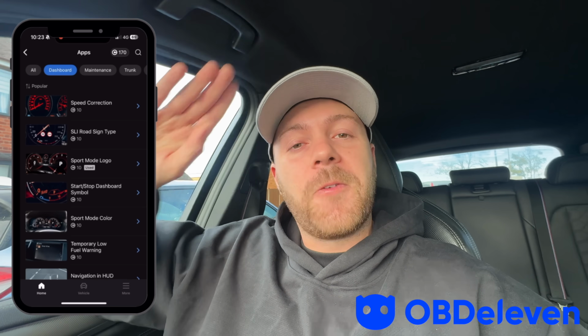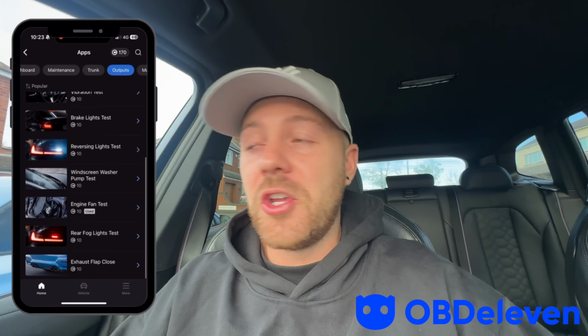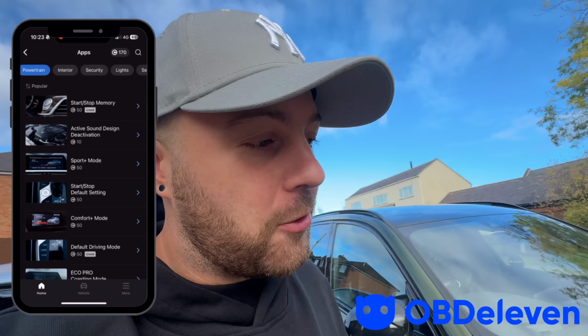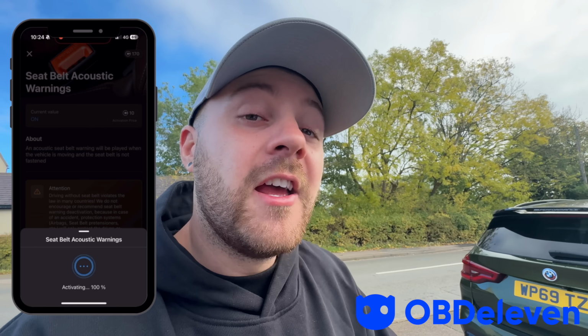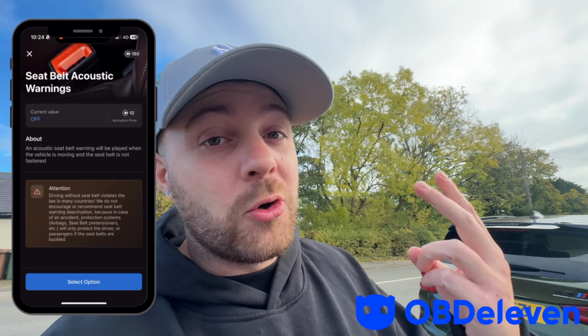On top of that, OBD11 has so many one-touch applications for all of these cars. On this one, for example, we've turned on full screen Apple CarPlay, video in motion, but also all sorts of other helpful stuff like the audible lock-in, so when we lock the car, it does a nice little beep for us, and also turning off the seatbelt warnings as well. Now, on top of that, OBD11 can help you maintain your car, because once you've done a service, you can plug in the device and then do the service resets for things like brake fluid, oil changes, coolant changes, and even more. So whatever size trip you're going on, if it's a 5,000 mile road trip like me, or just nip into the shops, it's definitely handy to keep an OBD11 device with you,